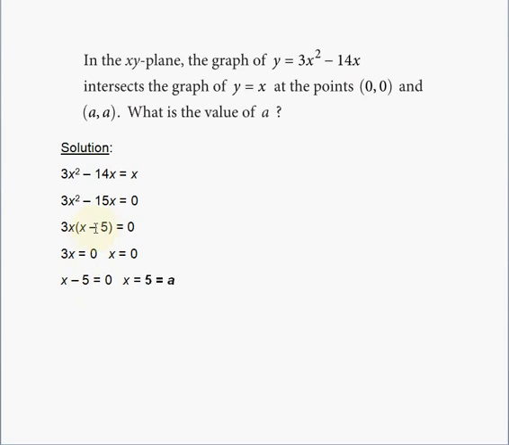That's possible as well. So when you add 5 on both sides, you will have x is equal to 5. Bingo. And that's your a value. That's the second x value that produces this intersection. And that's all you need because you know that 5 comma 5 is going to be the intersection point. So the value of a is